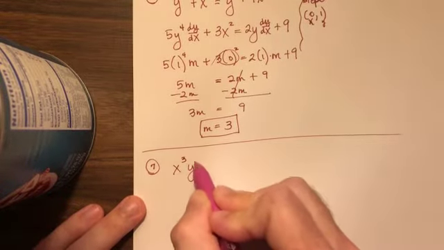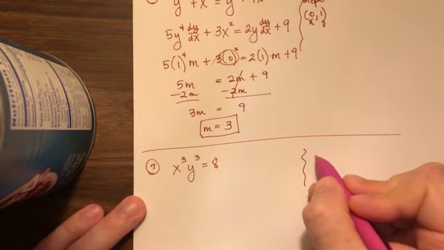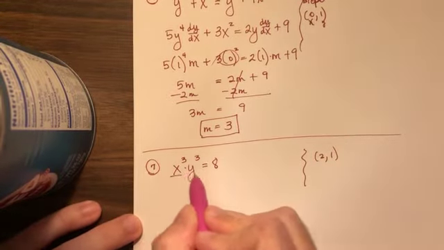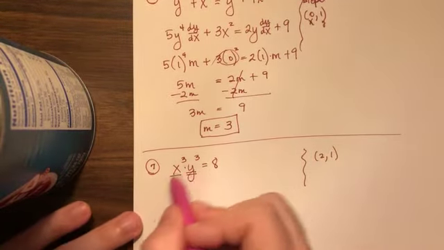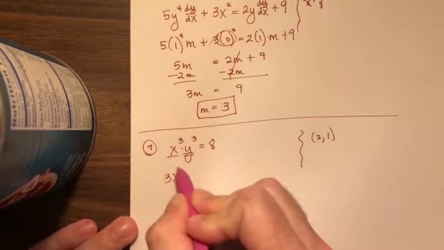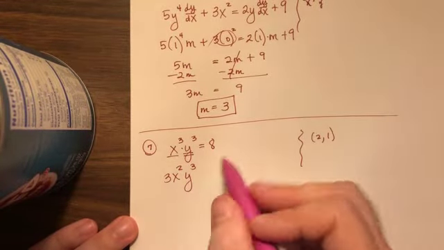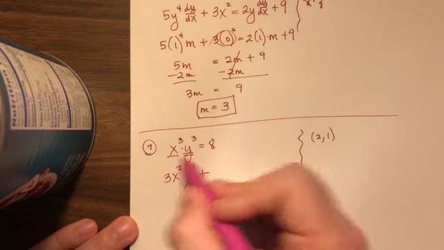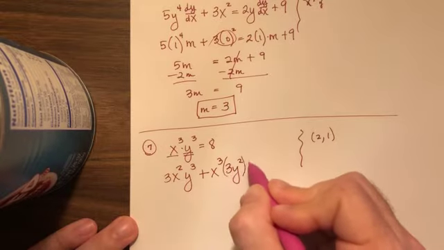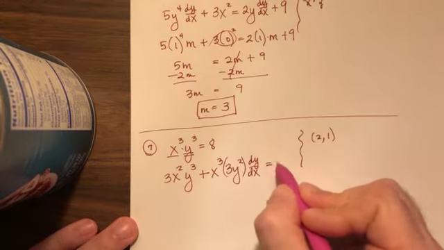All right, this one, x cubed y cubed equal to 8 is your guy, and they want you to find the slope at 2, 1. So yeah, it's a product rule, but hey, we're good at product rules now, aren't we? Okay. Derivative, 3x squared, and then not derivative, y cubed. No dy dx, because we did not take the derivative. Plus, not derivative, x cubed, derivative, 3y squared, dy dx, because we are taking the derivative of y in this one. And that's equal to, not 8,